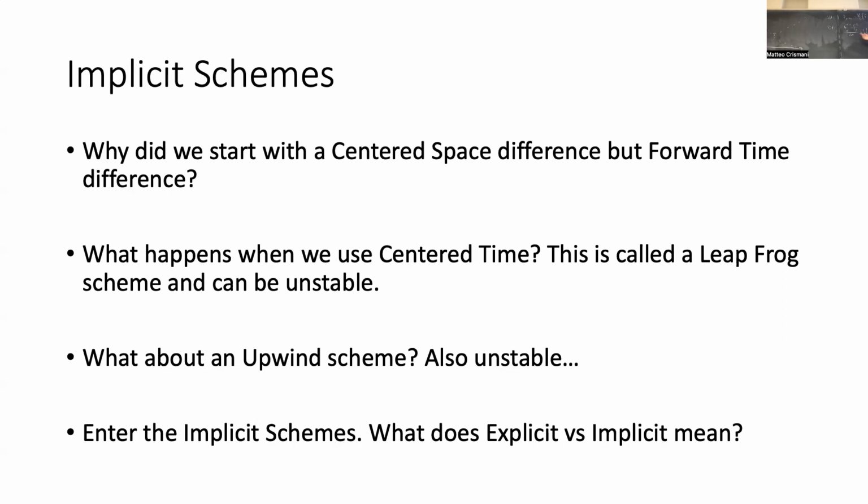So this one here, let's say we make it centered space, centered time. What happens going back in time? Well, let's say I start with N at i,j. So this one would become N, this already is N plus 1, and this would become N plus 2. Notice the difference here? This is J minus 1 and J plus 1. That's a difference of 2, and that's why it's 2 delta X on the bottom. So this would become N plus 2, and this would become 2 delta T. That's correct.